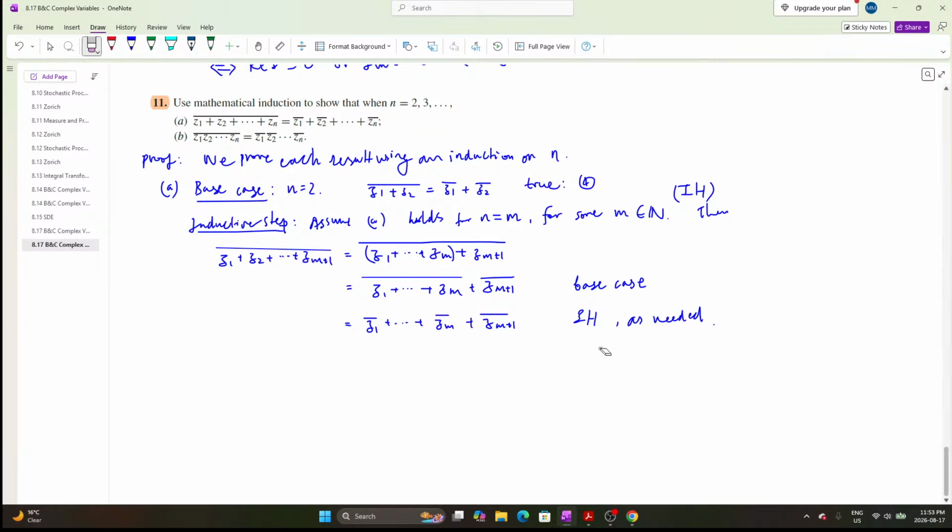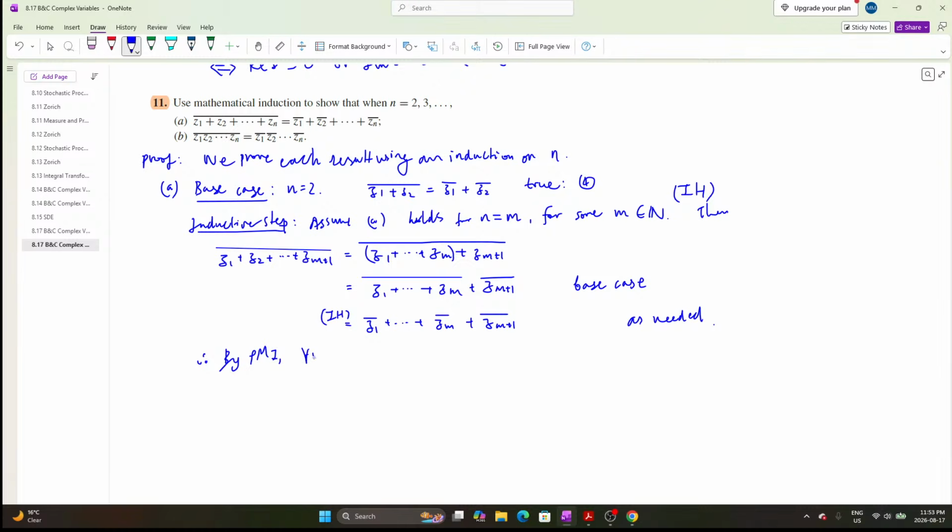Actually, let's write the induction hypothesis here over this equality. Finally, to wrap this up, by PMI,